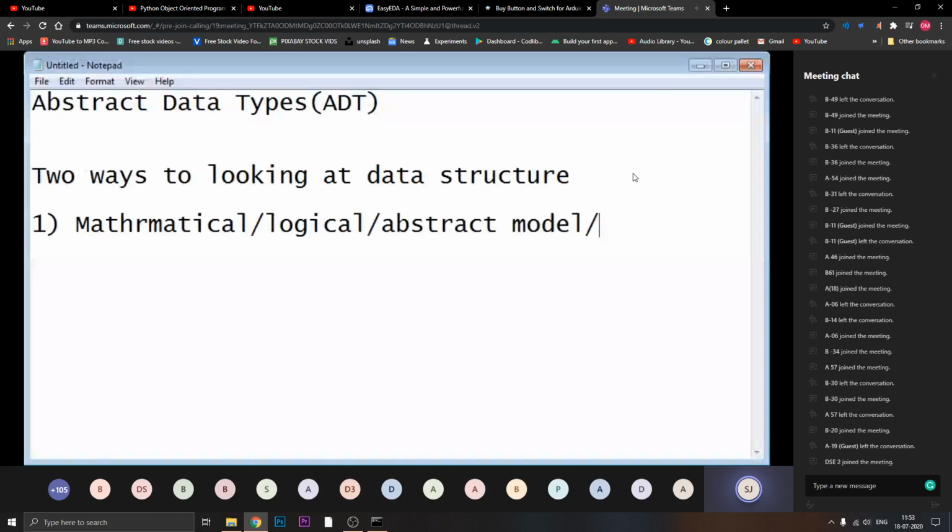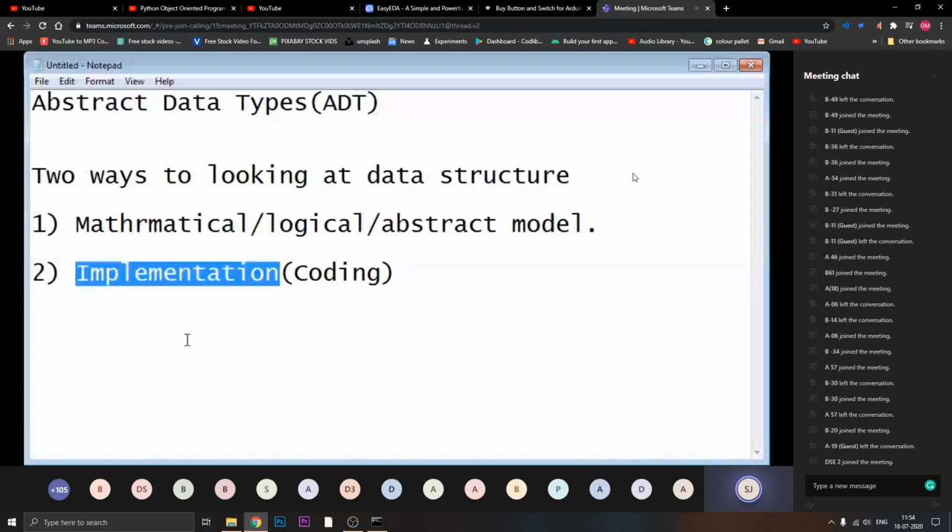The second way to look at a data structure is implementation, which is also called coding. It means my actual program is implementing a task given as a problem statement.